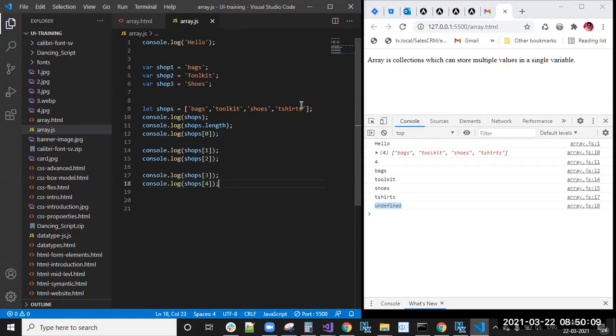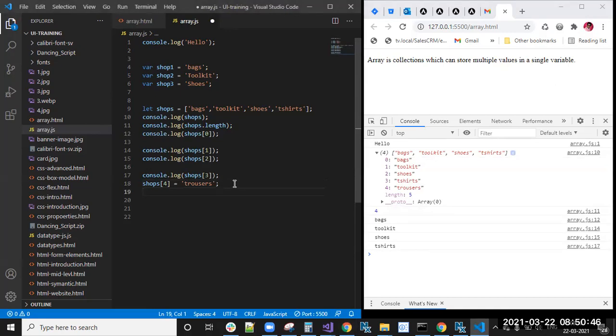If you know that last index, then the next element will be shops[4]. Now I am adding the new element at shops[4], here trousers. You can see that.